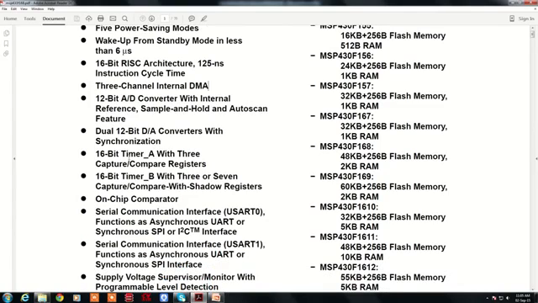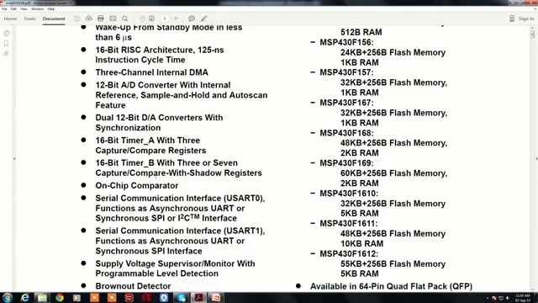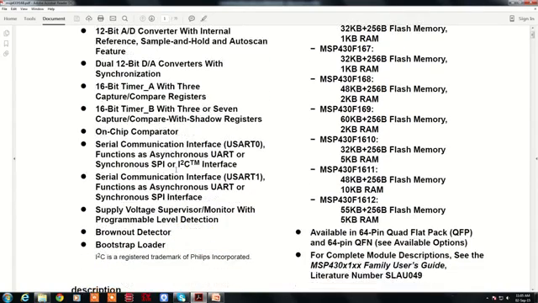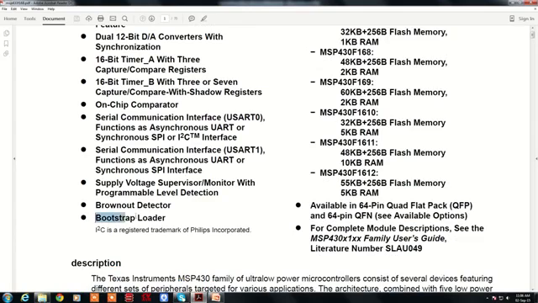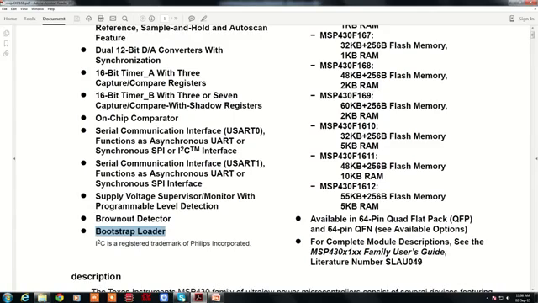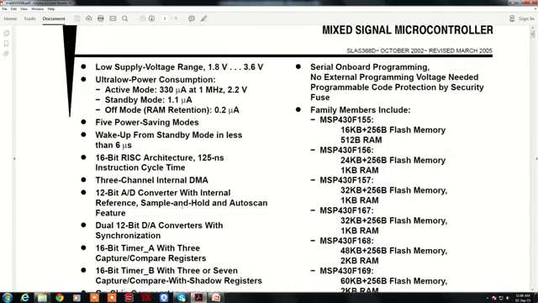There are 16-bit timers, Timer A and Timer B, with various modes of operation like capture, compare, and so on. Two serial ports are there, USART0 and USART1. Plus, it also has a serial peripheral interface and I2C inbuilt inside the chip. The other good feature of this controller is the bootstrap loader, which is one of the unique features of MSP430, where without having a JTAG emulator, you can still debug your programs.